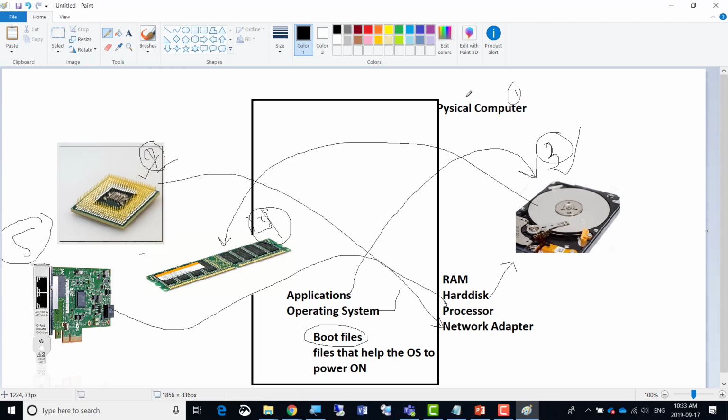So you power on the computer, and then the processor is told to access all these files which are living here to load on the memory here. So the processor tells the files living here to load in the memory here. And once they are loaded, then you log in, and then the network card lets you connect to the network and internet. Can you repeat that? Sure. The processor sends the information